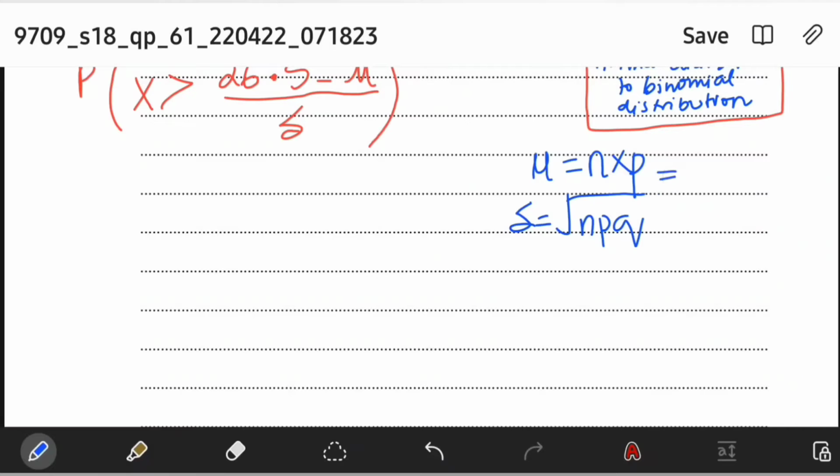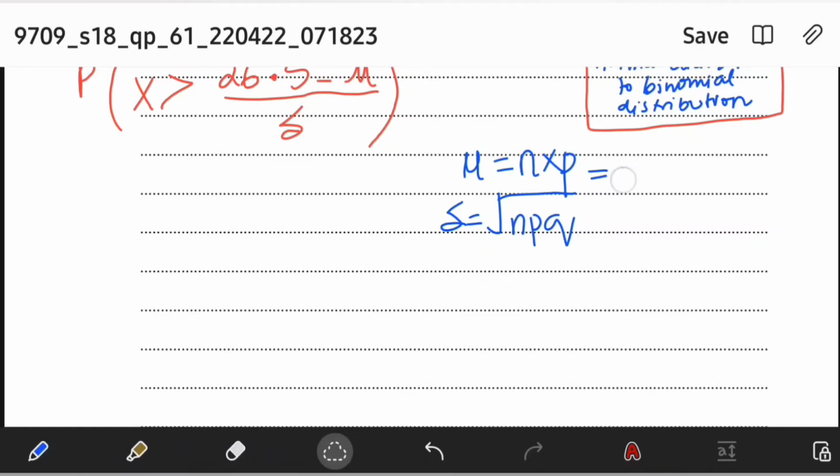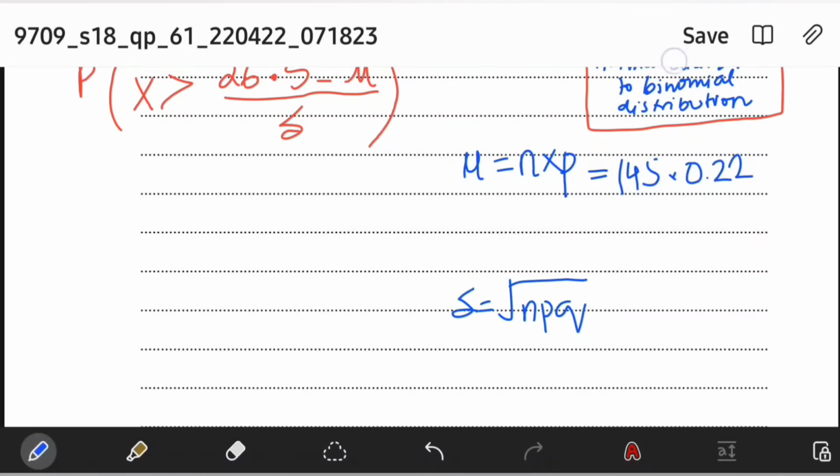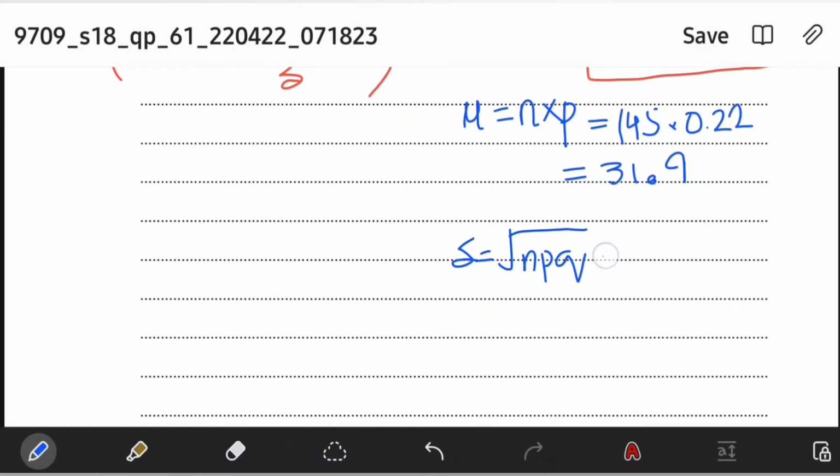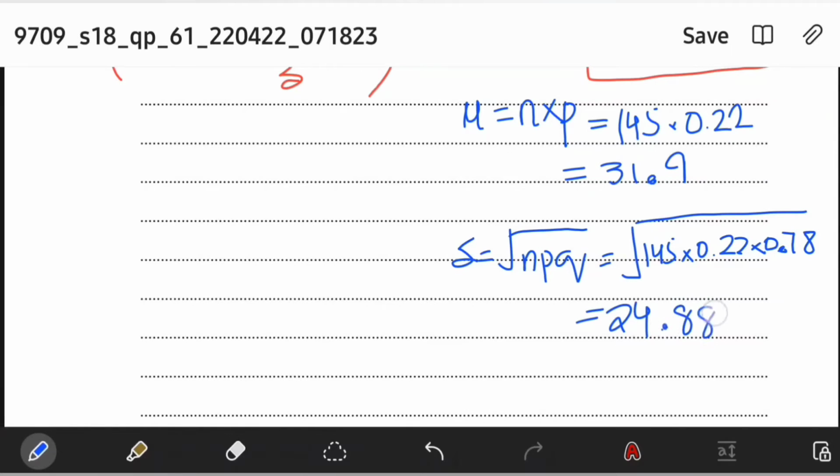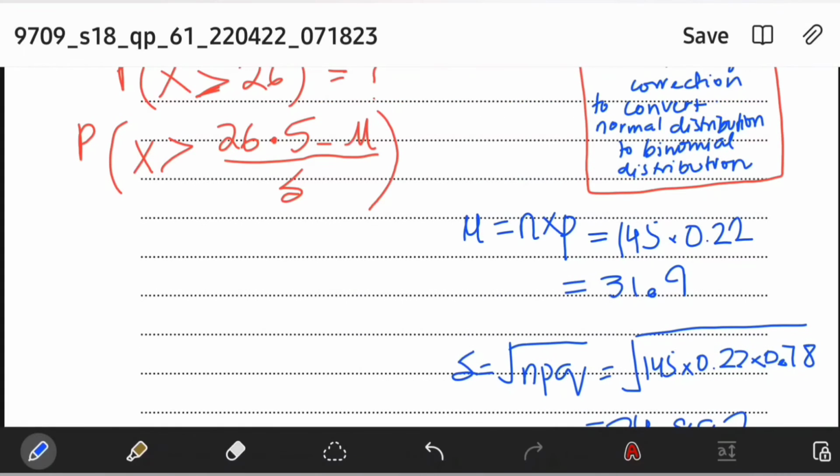So this would become 145 into 0.22, and the answer would be 31.9. This is the mean, and for the standard deviation, 145 into 0.22 into 0.78, and this is coming out to be 24.882. Now substituting the values,